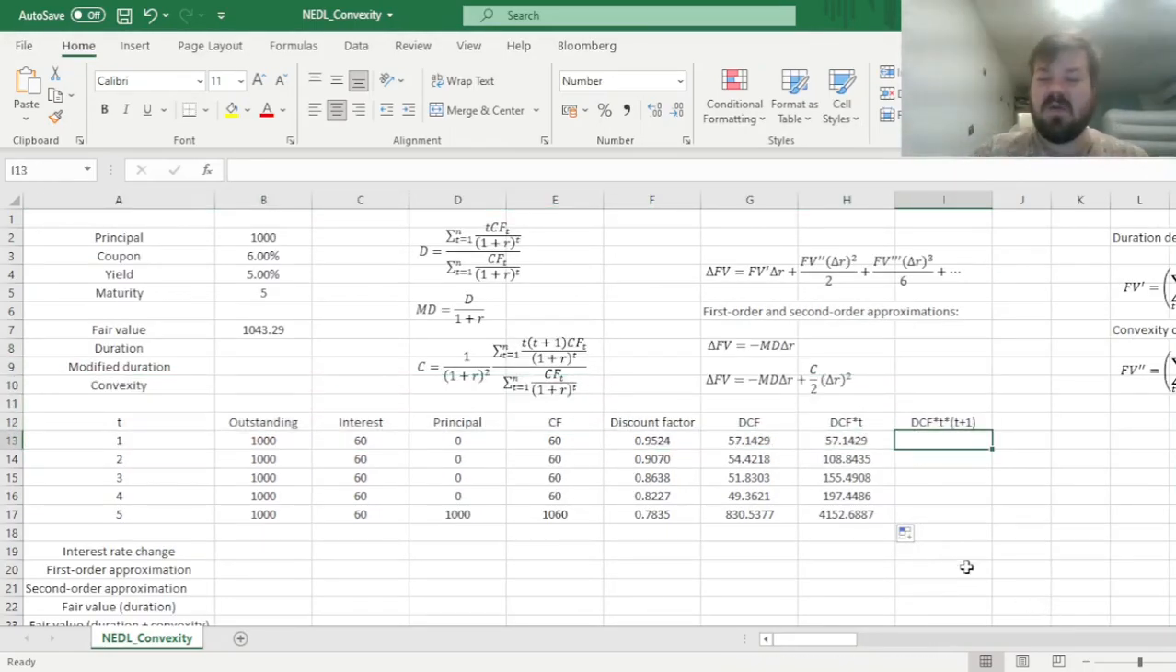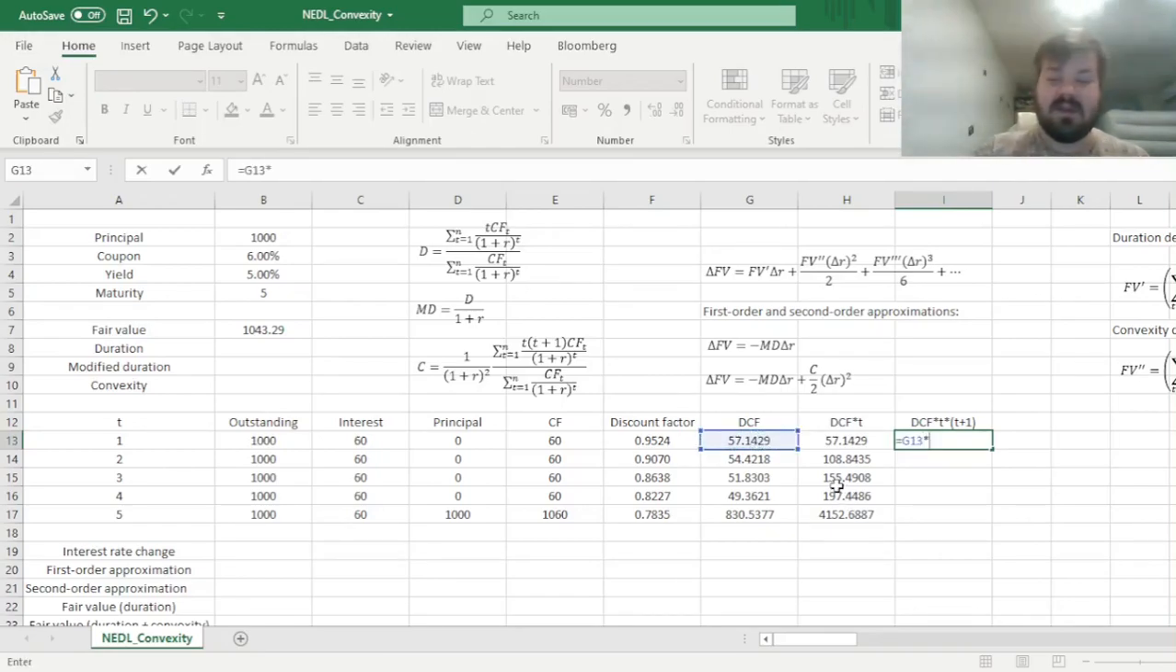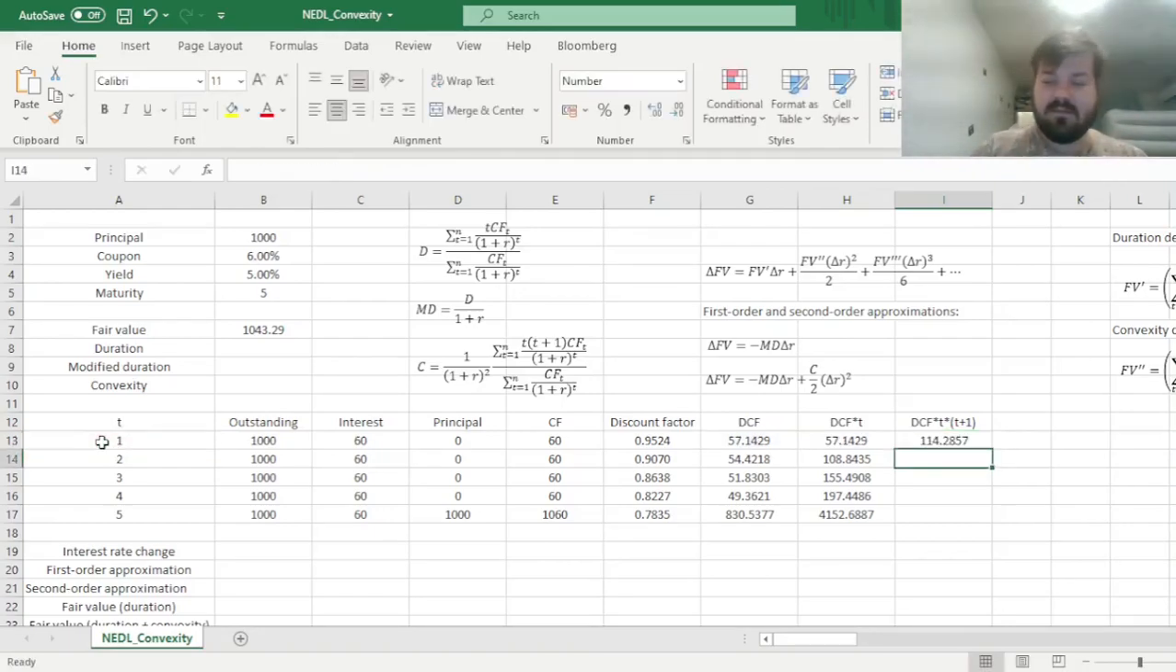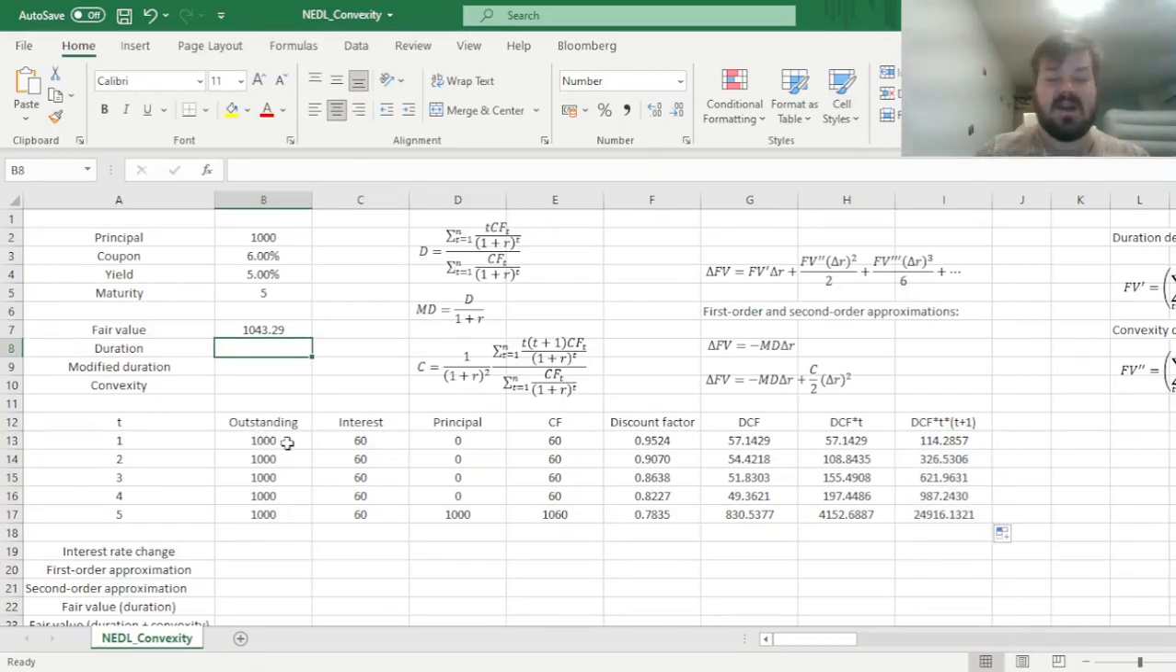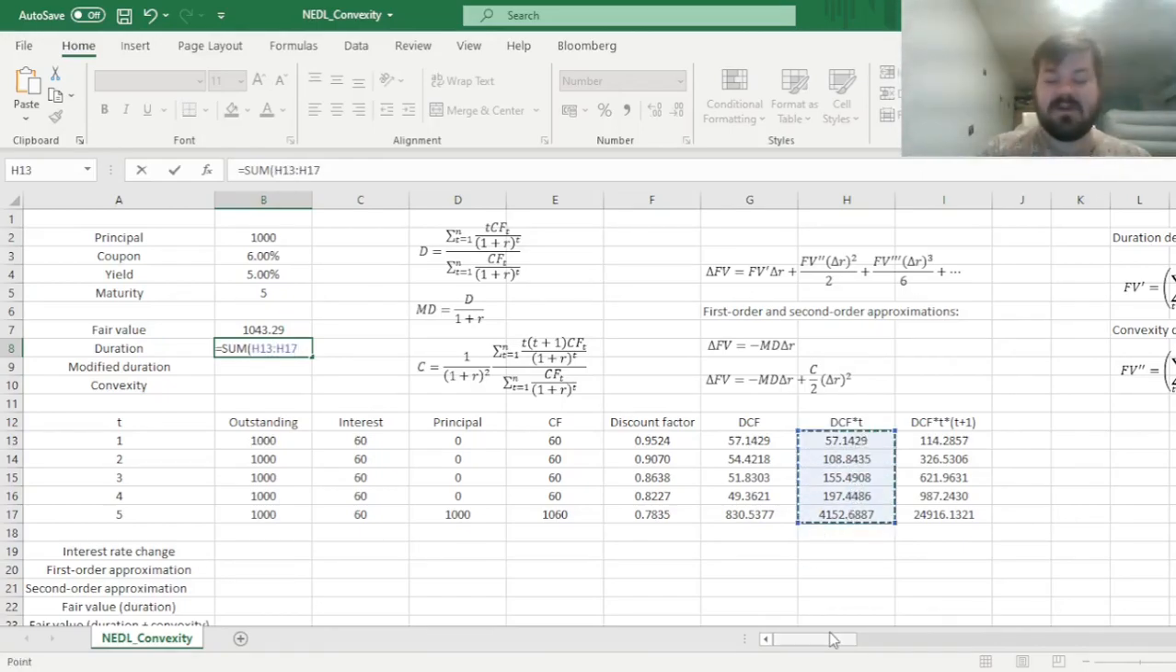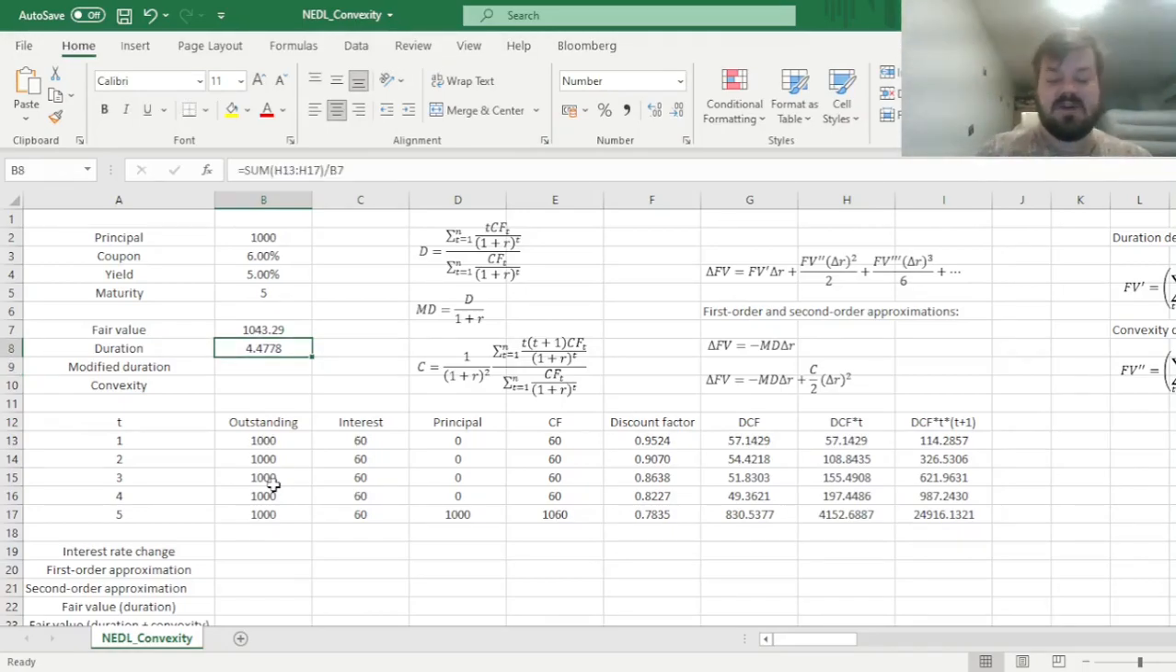So returning to our spreadsheet calculations, we can calculate our weighted discounted cash flows for convexity by multiplying discounted cash flows by t and t plus 1, and again dragging it throughout all 5 cash flows. And finally, we can calculate our duration as just the sum of time-weighted discounted cash flows divided by the bond fair value. And we see that the duration of such a bond is 4.48 years, which is quite intuitive, as